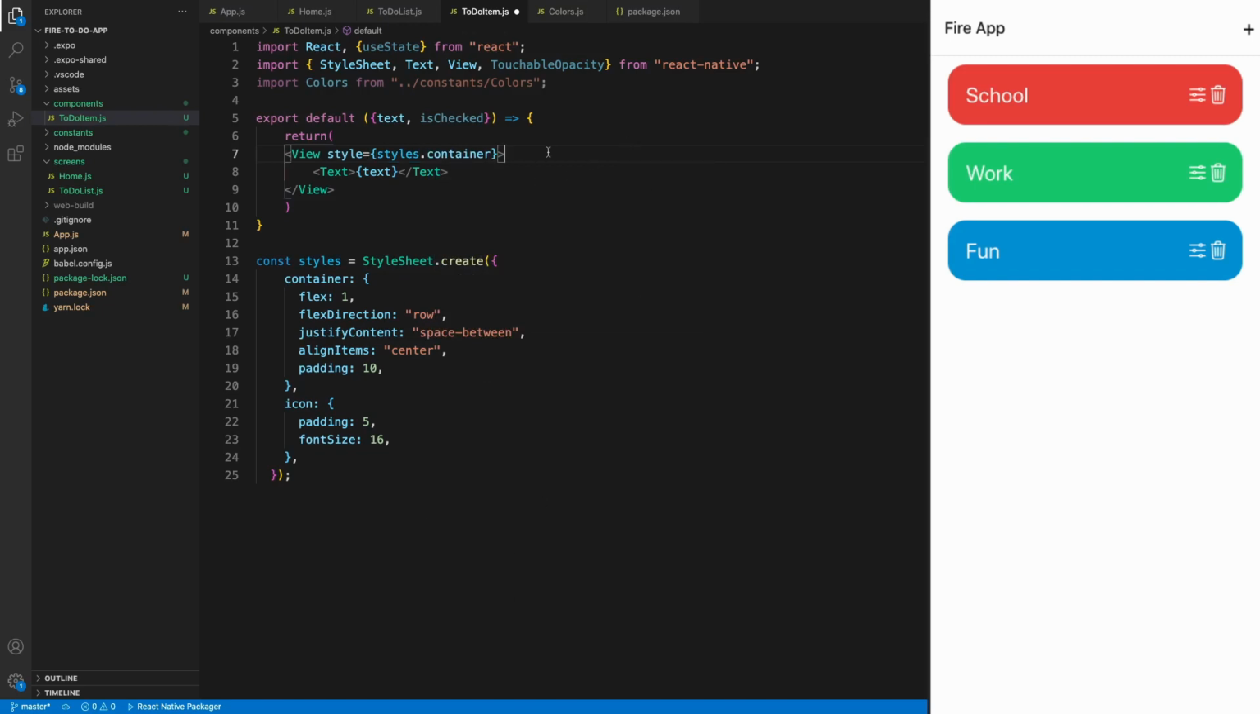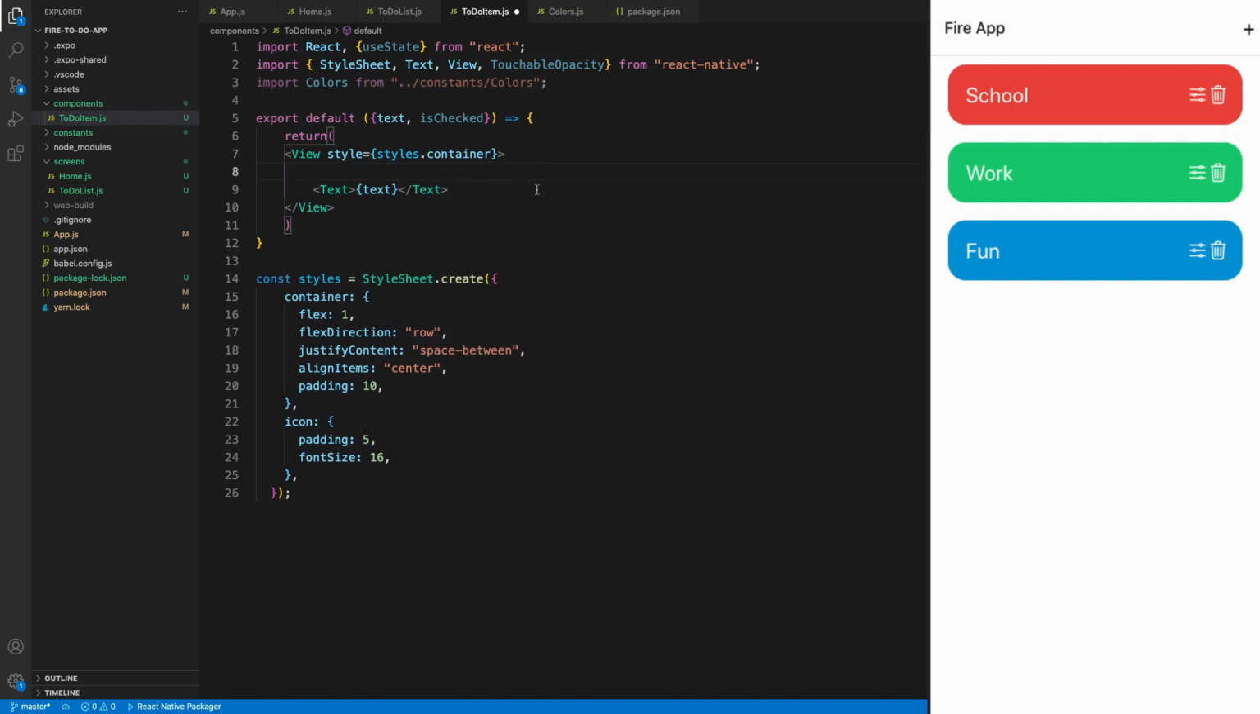Perfect. And then right here, we want to have a checkbox right there. Let's do that. Comment that out. So sometimes when making new components, I like to organize it and write down what I want